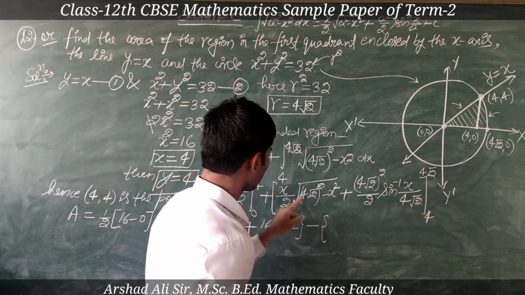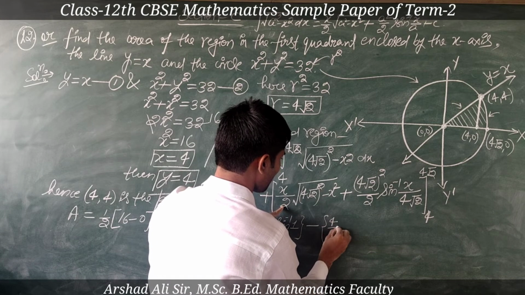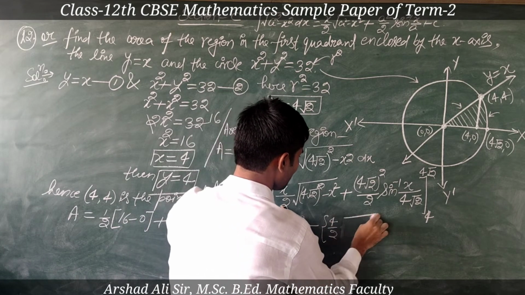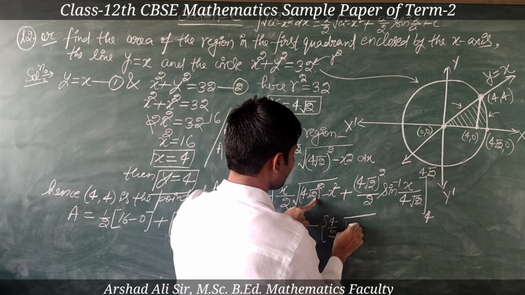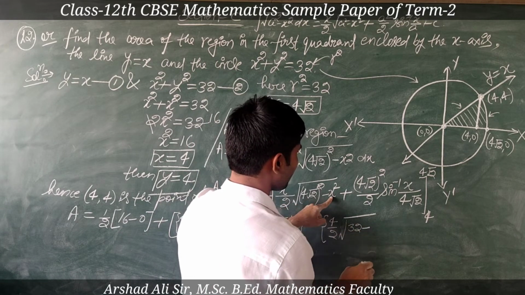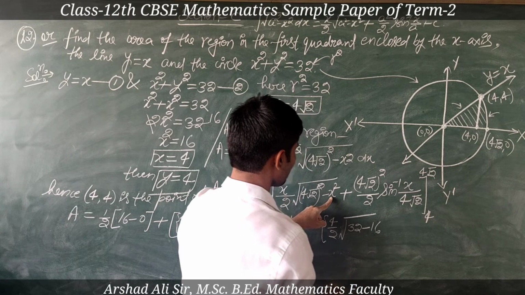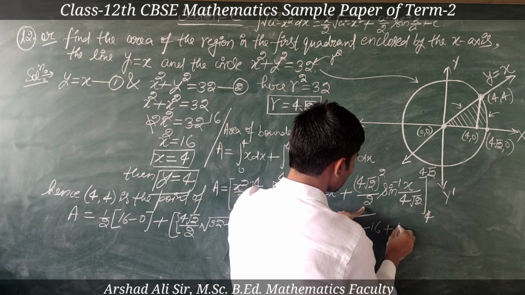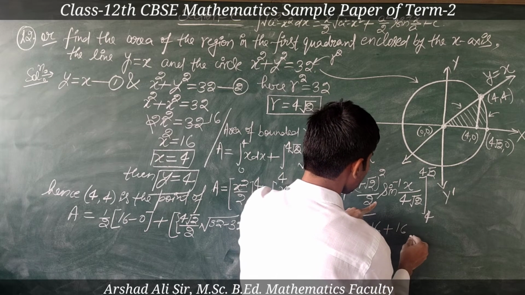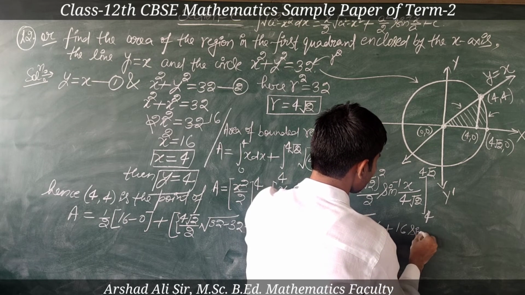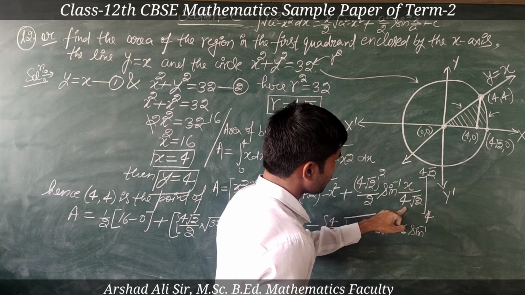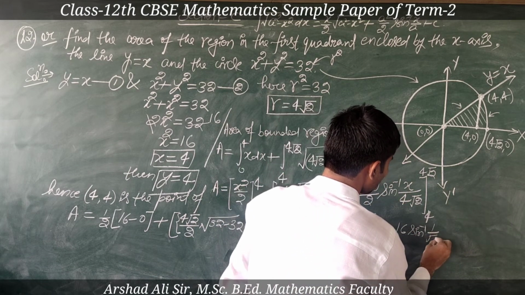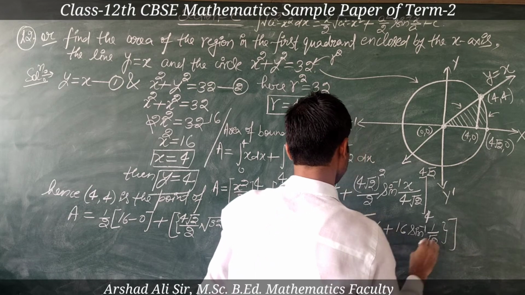Okay, so it is the answer of upper limit minus lower limit. Lower limit is 4, so 4 upon 2 in the square root. 4 root 2 square, it will be 32 minus x square means 16. 4 square means 16 plus 32 upon 2, it will be 16. Sine inverse 4 upon 4 root 2. 4 will be cancelled. It will be 1 upon root 2. It is the answer of lower limit.